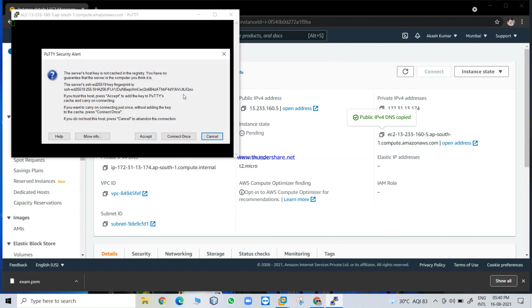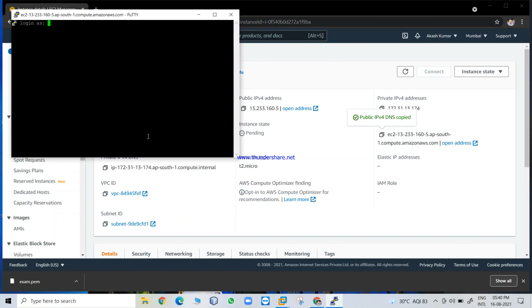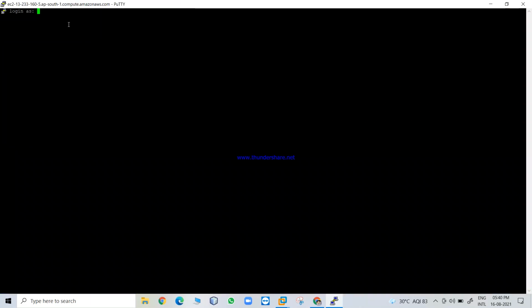We should accept the policy prompt that comes. Then now it is asking for login user. Now it is asking login as, so we can give ec2-user here.